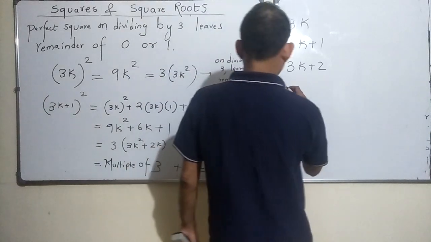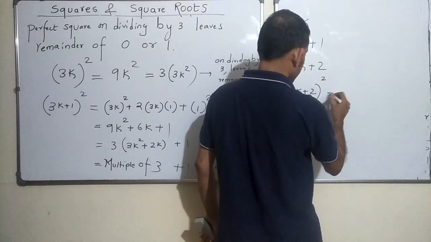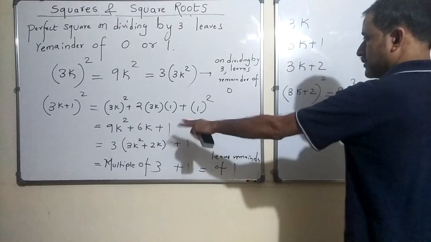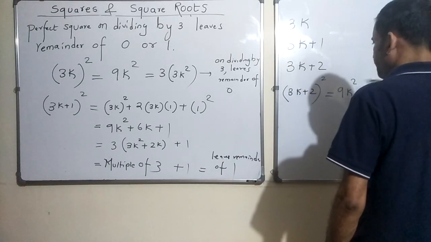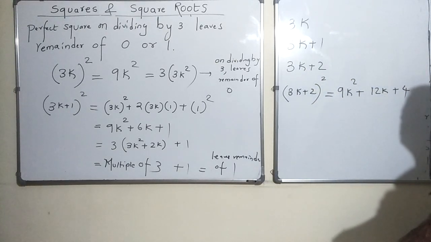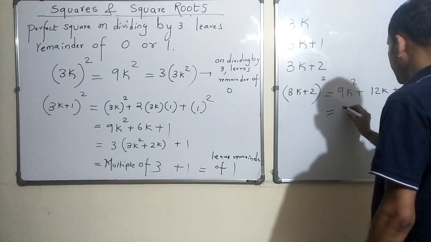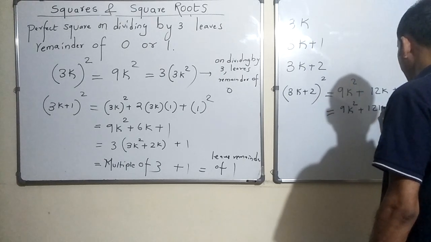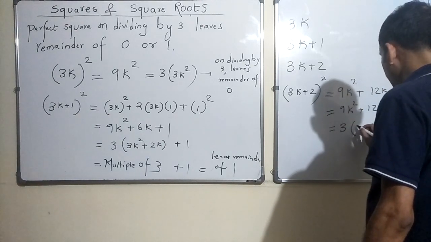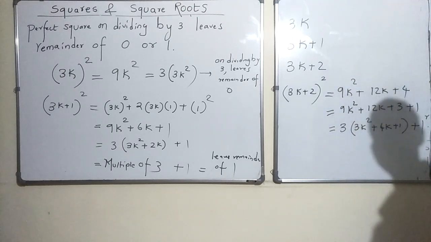Now, let us look at the last part. So if the perfect square is of the form 3k plus 2 the whole square, let us expand it: 9k square. Similarly, just work it out in a similar way. It is 12k plus 4, is that right? So 9k square plus 12k plus 2 times 2 is 4, 2 square is 4. So let me write it as 9k square plus 12k plus 3 plus 1, 4 I write as 3 plus 1. So I can say 3 times 3k square plus 4k plus 1, plus 1, correct?